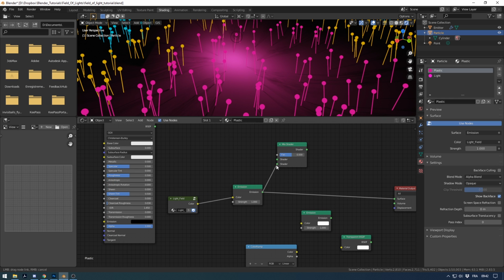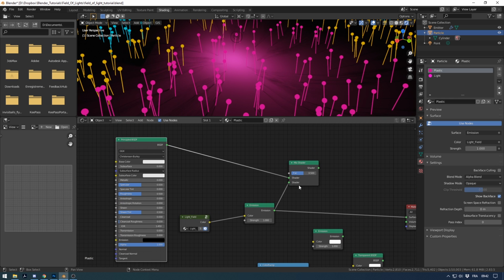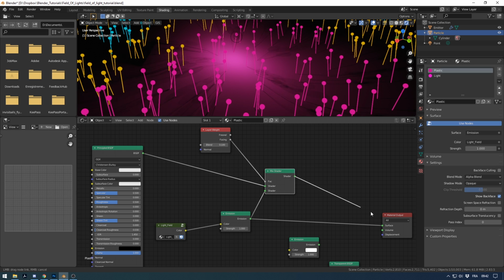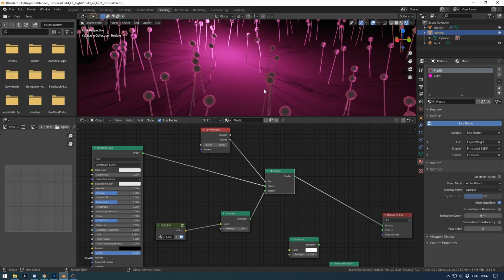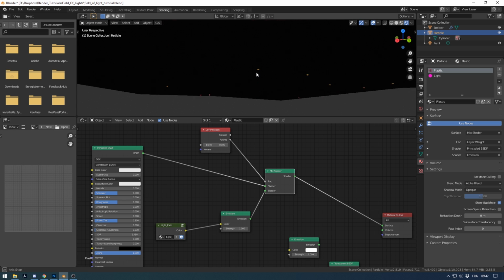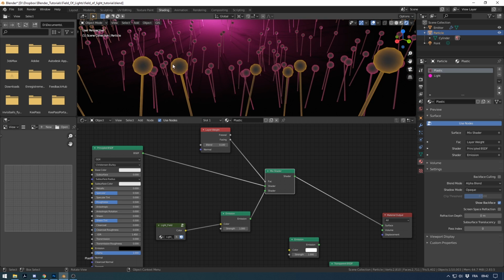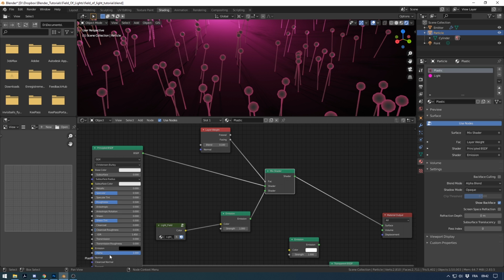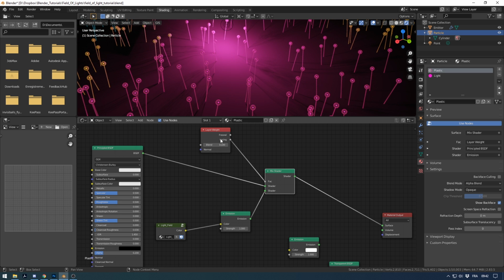I will combine this with this, and for the moment I will use the layer weight with the facing at 0.1 to create something like this. So I have the lights now, okay, but only in the external part of the object. I can reduce the alpha blend of the principled here, okay, to maybe 0.2, and